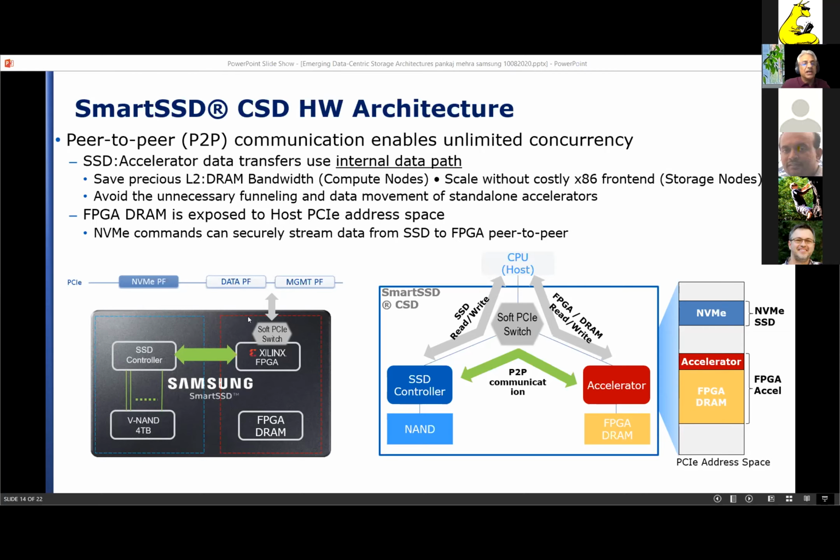Working with Xilinx, we programmed a 3-port PCI switch, which then enables all 6 kinds of connections between the 3 things that need to be connected to each other, which are the host, the SSD part, and the accelerator part. And when you move data from the SSD to the accelerator, it uses the private data path. This is where it's taking advantage of internal bandwidth and scaling of compute and bandwidth with the data. The memory resources that are attached to the FPGA are also visible on the PCI bar exposed by the device.